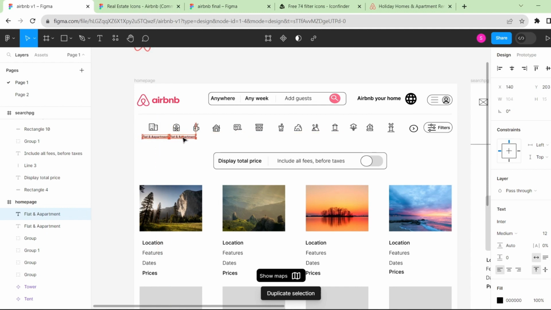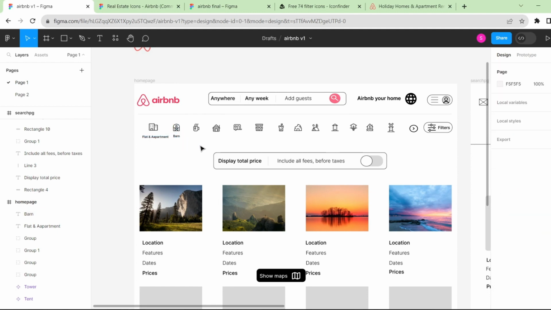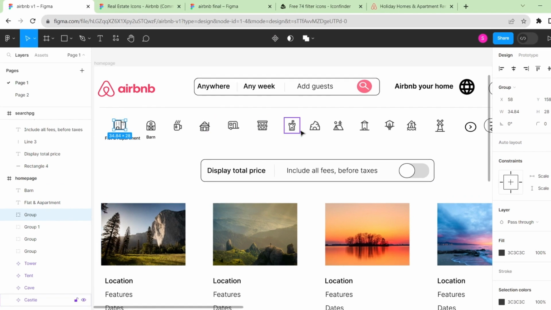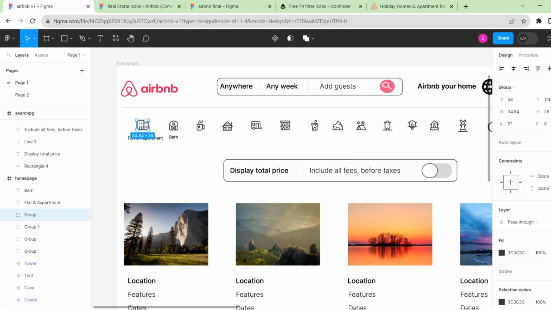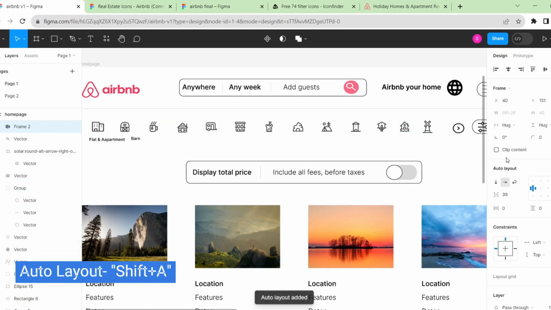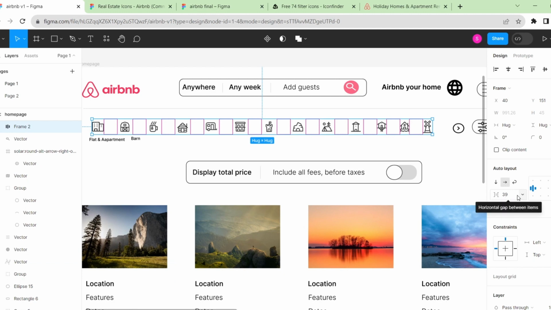Similarly, I can duplicate this and change this to barn. Another thing which is very useful in situations where we have added so many icons like this. If I hold on shift and select all these icons over here, and if I go to this auto layout option over here, so you can see that everything